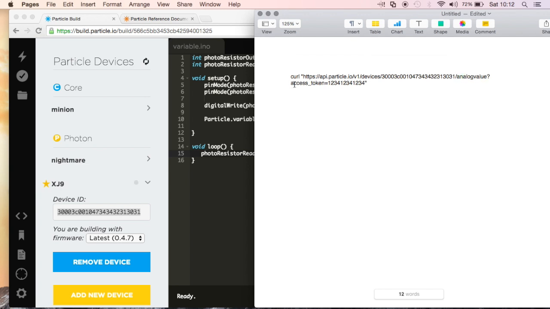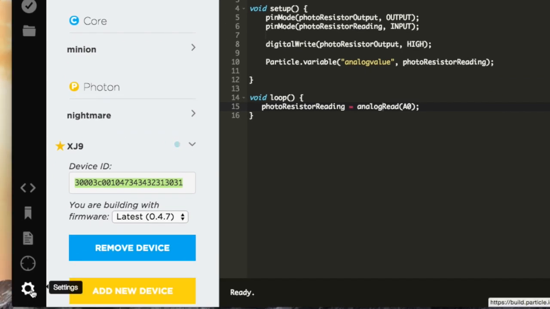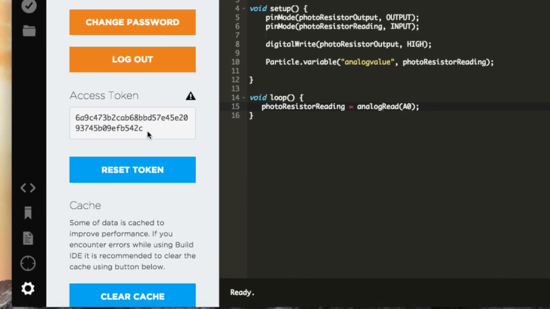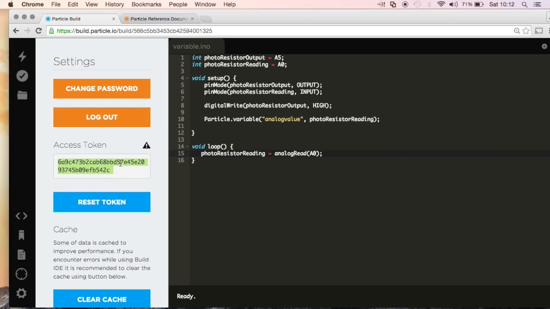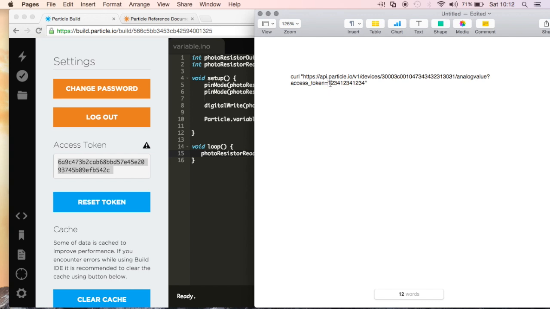And now we need the access token. So to get the access token, I'll go back to my IDE and go to settings, and then whatever is in here, this will be your access token. And it's really important that you don't show this to anybody, and I'll be resetting my access token after this video. So go to pages, and then right here I will paste in the access token, and make sure that we don't have any extra text because this is going to ruin the command. And now if I copy this